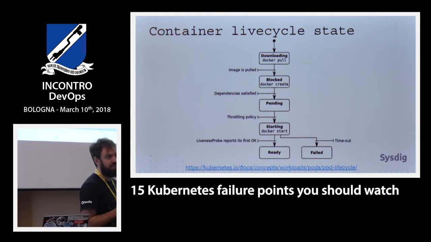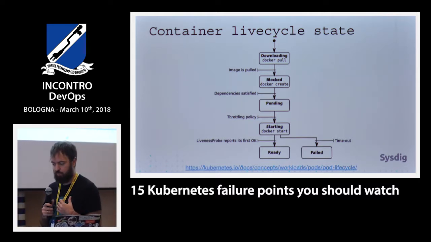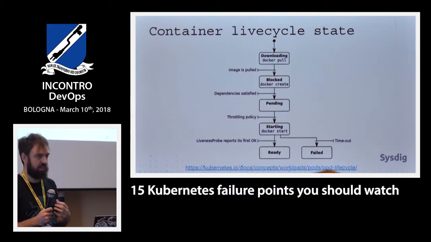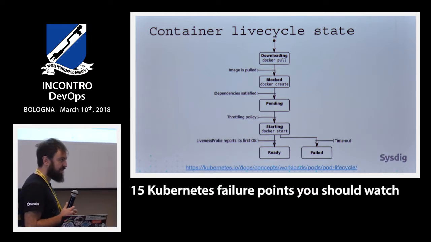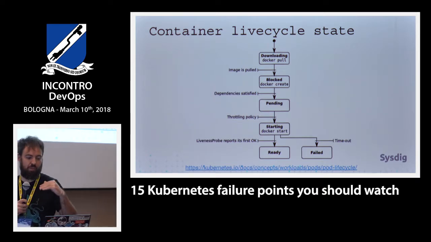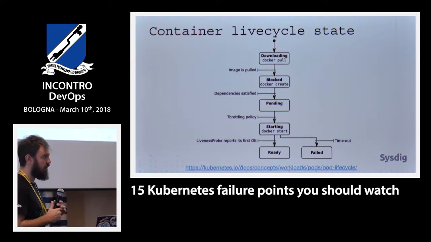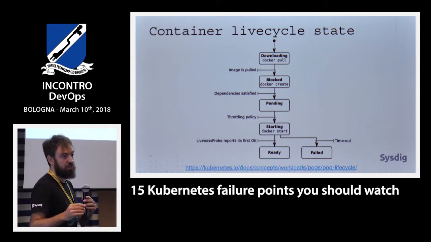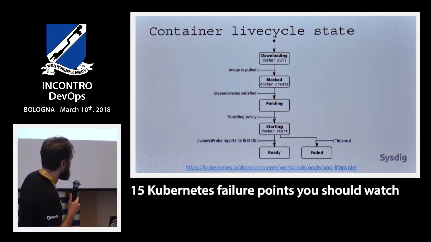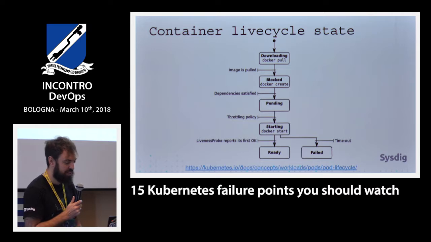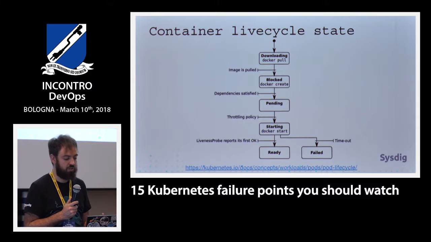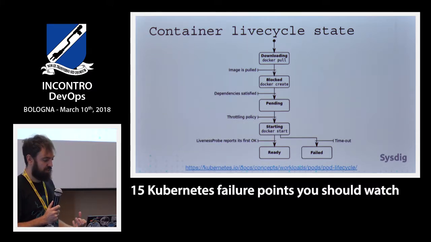So, okay, we have seen how Kubernetes is deploying my containers, but how are the containers working themselves? Things get a little bit more complicated as we are stacking more layers on top of other layers. And here we need to understand how Kubernetes instructs, in this case, the Docker engine to create a container. I got this graph from GitHub, sorry, I don't know to whom to give the credit, but I find it nice. The idea is we pull the image from the registry, we create the container,